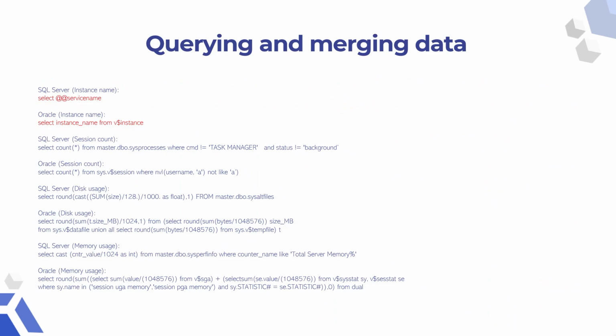If you want to look at multiple metrics, you will have 1 query for each database platform for each metric. So you'll have 2 different queries for instance name, 2 different queries for session count that we looked at earlier, 2 different queries for disk usage, and 2 different queries for memory usage. Only when I look at these simple metrics like instance name, session count, disk usage, memory usage, and we only have 2 platforms, we end up with 8 queries